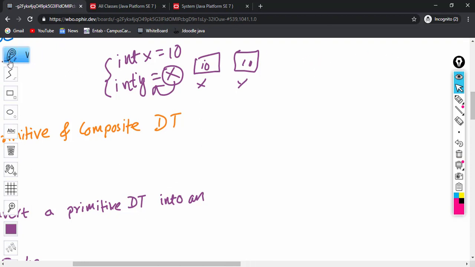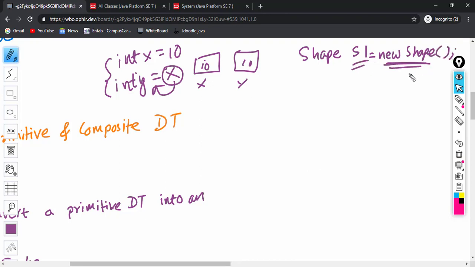Suppose I create shape S1 is equal to new shape. So S1 is holding the reference of this object here. Now if I create another object shape S2, and if I assign S1 to S2, only the reference will get copied.